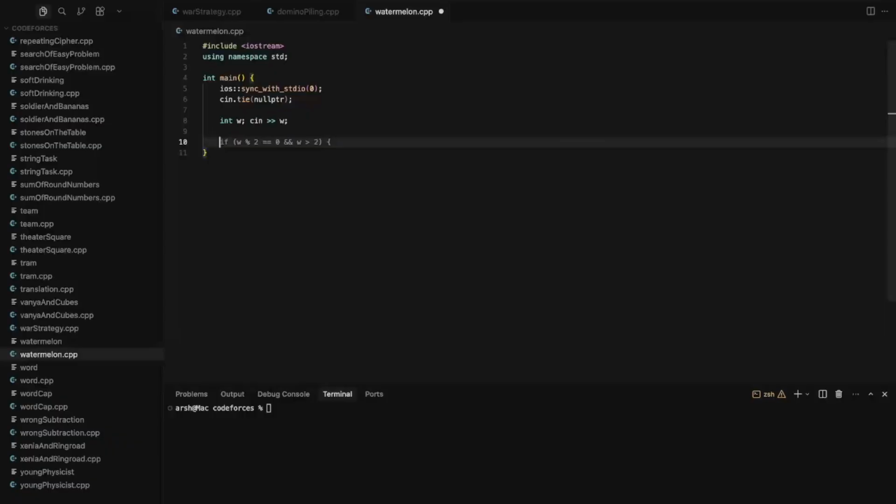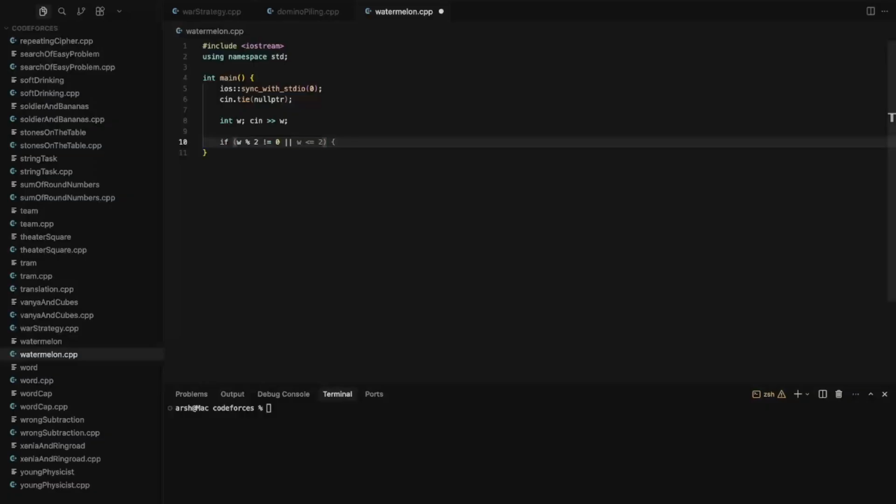So that's what we're trying to do here. So if w mod 2 is not equal to 0, or, and here the or statement is fairly understandable,